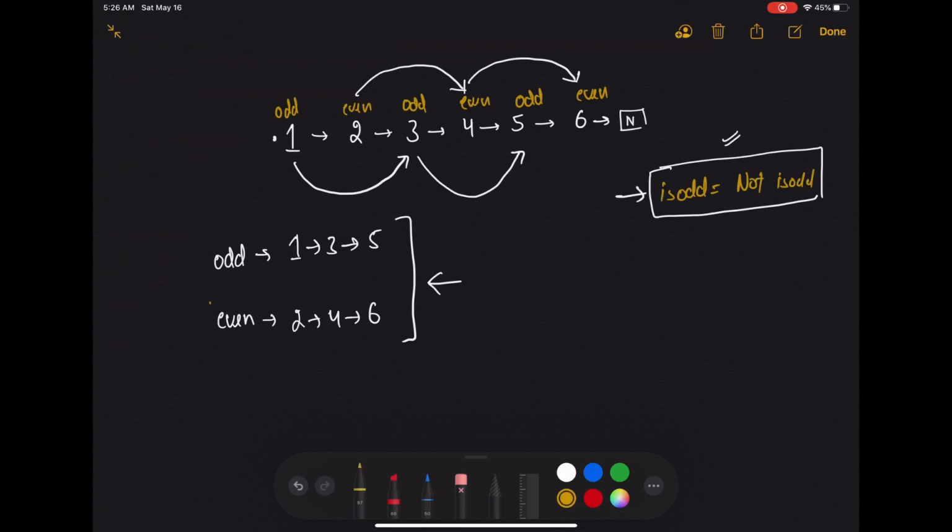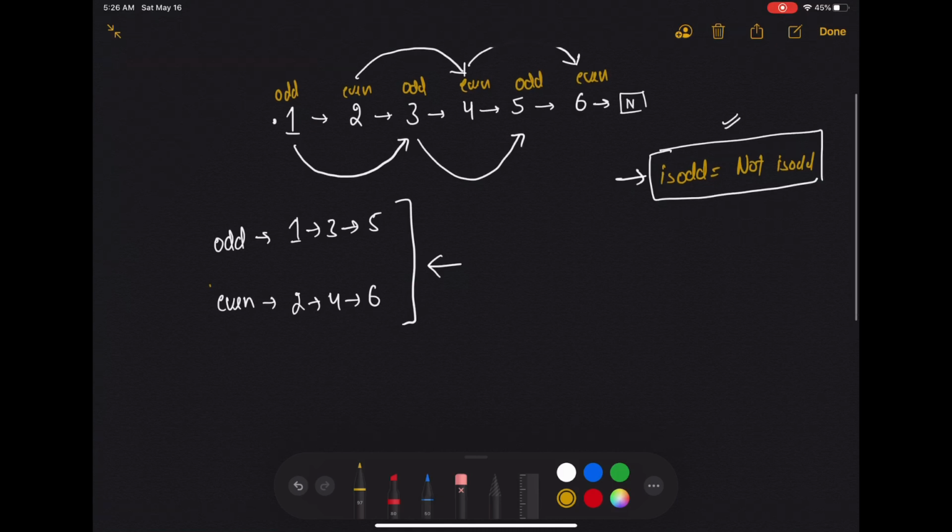As we need to form 2 linked lists, for that we need 2 new heads, and those heads are going to be oddHead and evenHead.